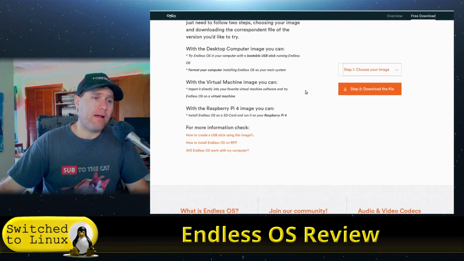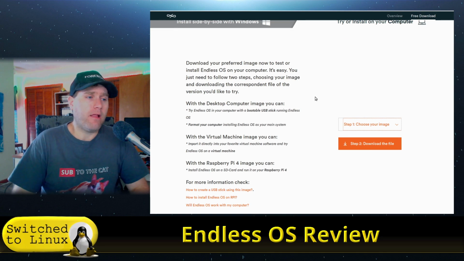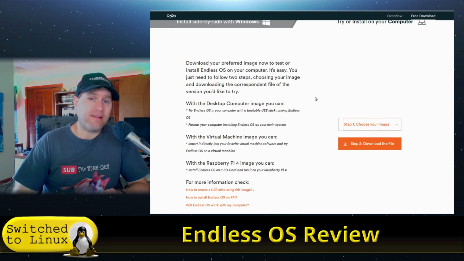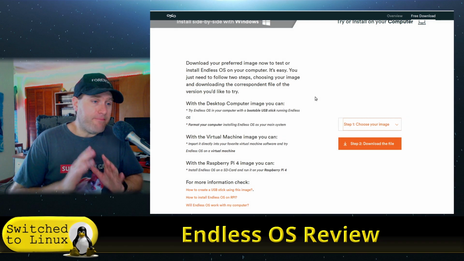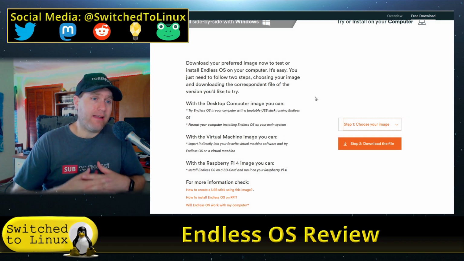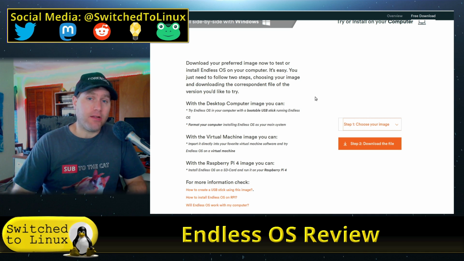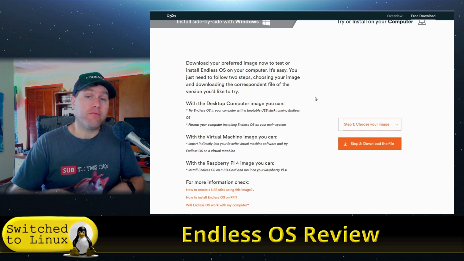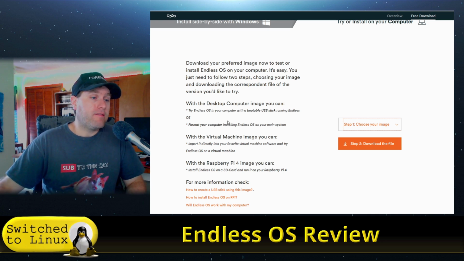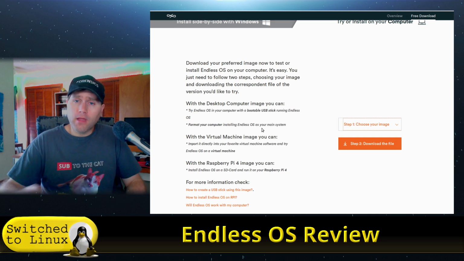Now, I have heard some feedback from some of my followers that indicate that there is an option to download this to allow you to dual boot it with another computer. Based on the information on the website I'm seeing right now, and knowing that this operating system changes a lot in a short period of time, I don't think that's actually true any longer. If it is, someone please link it down below where I can grab an ISO that allows me to dual boot. Because what you do is you have exactly one option. You can run it from the USB stick that you're downloading on, or you can format your entire computer, which some people say also formats your BIOS as well. I can't comment to that.